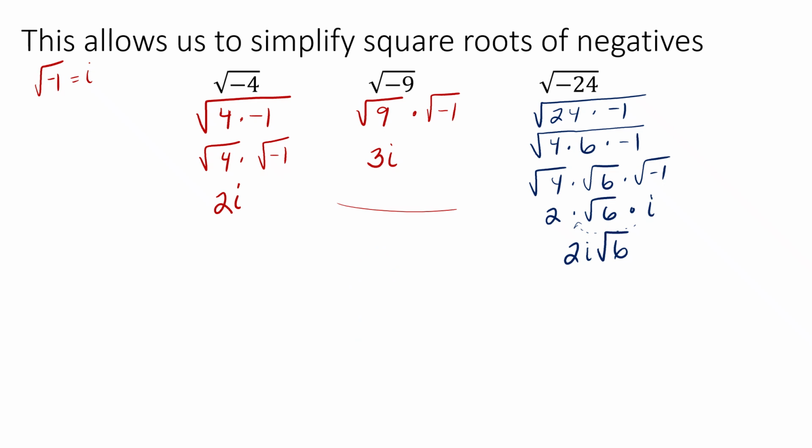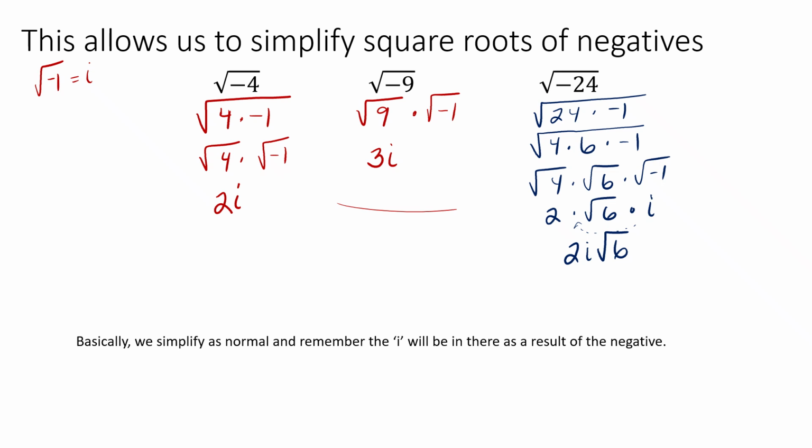If you were to do the square root of 2i, I'm not 100% sure whether that i is outside the square root or inside the square root. It just gets a little bit messy. So if it's not under the square root, we do the multiplication on the left rather than on the right. That's one of the things that the imaginary number allows us to do. Basically, we simplify the square root as normal, and we just remember the i will be in there